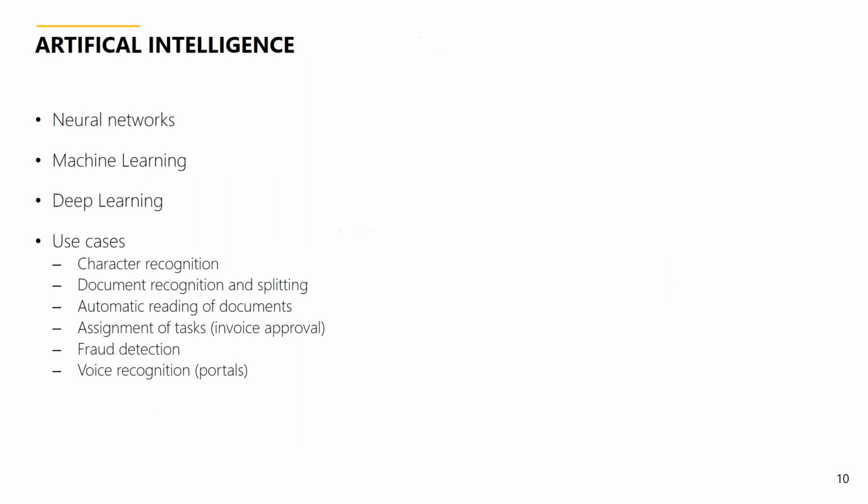Let's look at another one. We talked about at the start that we're going to explore RPA and AI. So we've just done robotics and robotic process automation. Let's look at artificial intelligence. So what do we actually mean by this? And once again, it has various different meanings which mean different things.